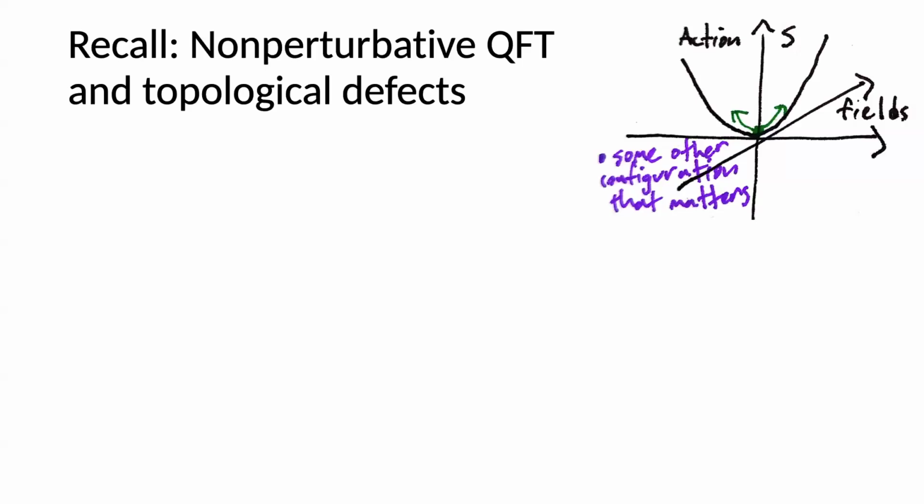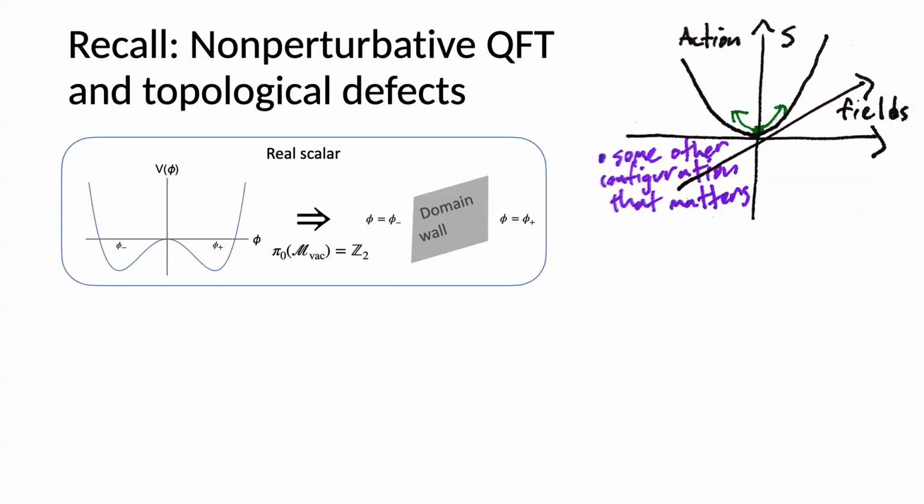So let me begin with some very general motivation. Usually these days as particle physicists, we're doing perturbative quantum field theory, right? You expand around some vacuum states, you look at S-matrix scattering of Fock-based states. That's all fantastic, but it really can be the case that sometimes there are configurations which are very far away in field space that actually do matter and have important physical effects. And this is often when there's a notion of topology around. Let me just remind you of some couple basic notions thereof that come up in very simple theories.